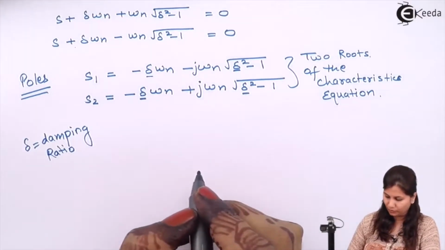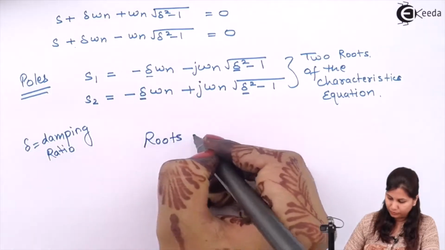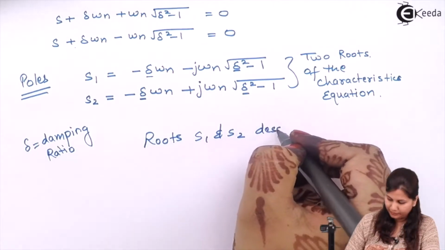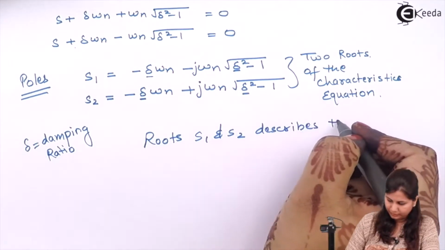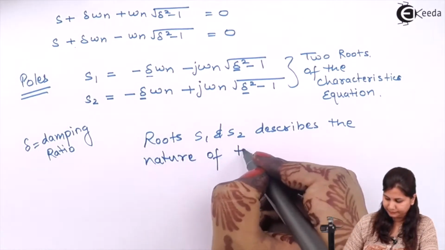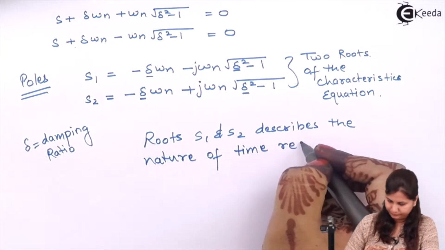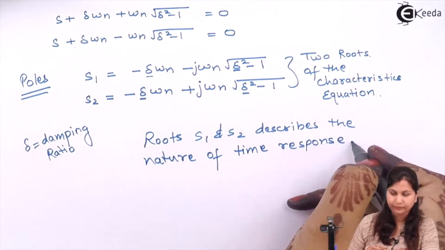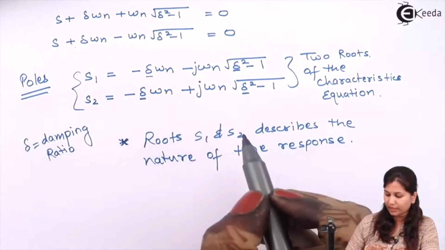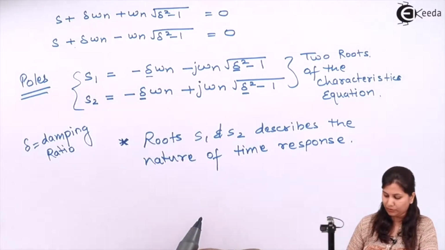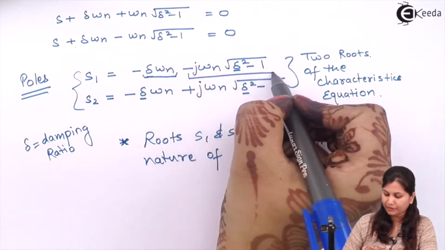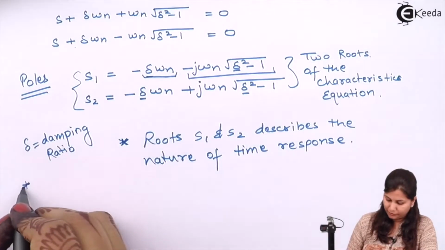So the roots S1 and S2 describe the nature of the time response. Okay, this is the first important point: these roots are going to describe the nature of the time response. Also you can see that these two roots have a real part and an imaginary part. So the real part of the root,